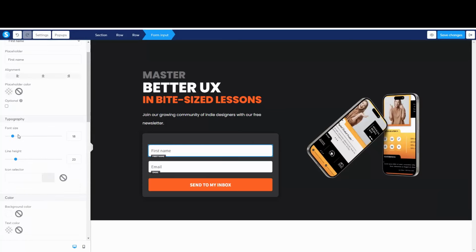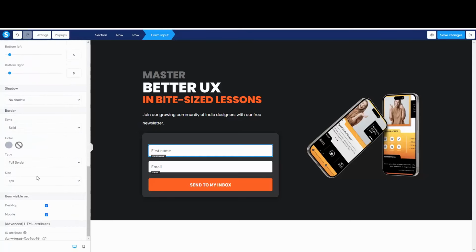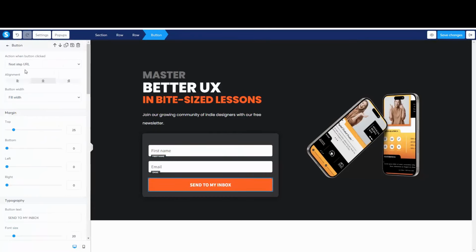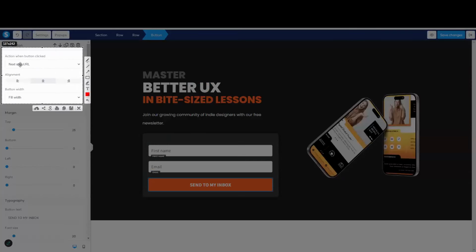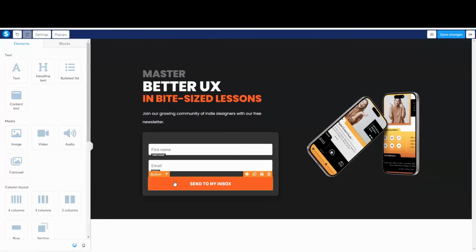I can change the font size. I can change the background color, the margin, and everything here. If I also click here, I want to make sure that the action is going to go to the next URL. Okay. It's going to go to the next URL. So people, once they click here,